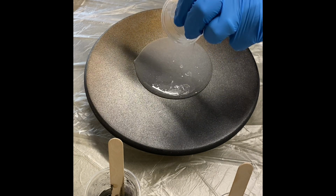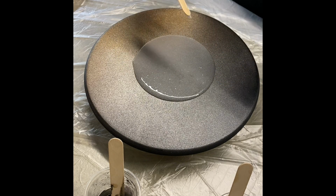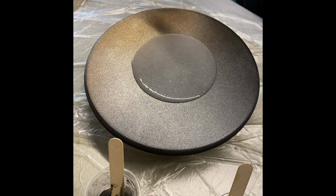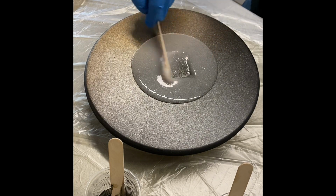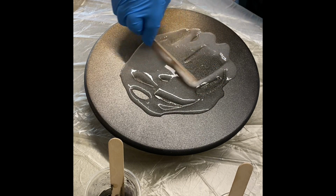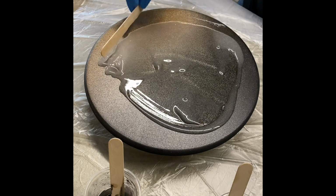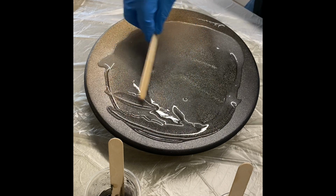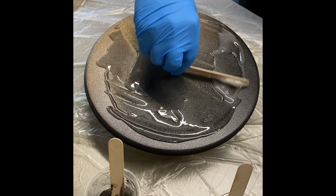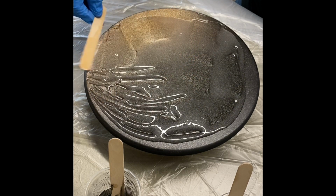So here we are now putting the clear resin, which we've just mixed up. This is going to be the base coat that the other three colours will be suspended in to create our design. So when we apply the clear coat onto the board, we need to ensure that we get a level spread. As you can see here, just moving it around with a wooden stick. At this stage you want to try and avoid getting the clear resin to go straight over the edge, because we want to keep it on the top of the board as long as possible. So you just gently manipulate this around,